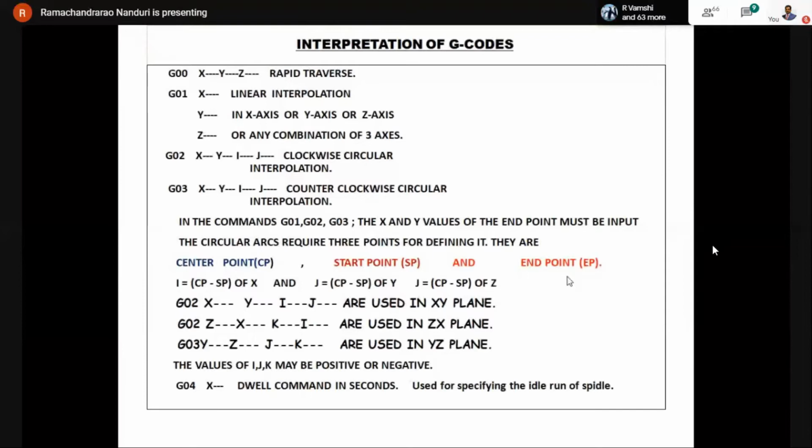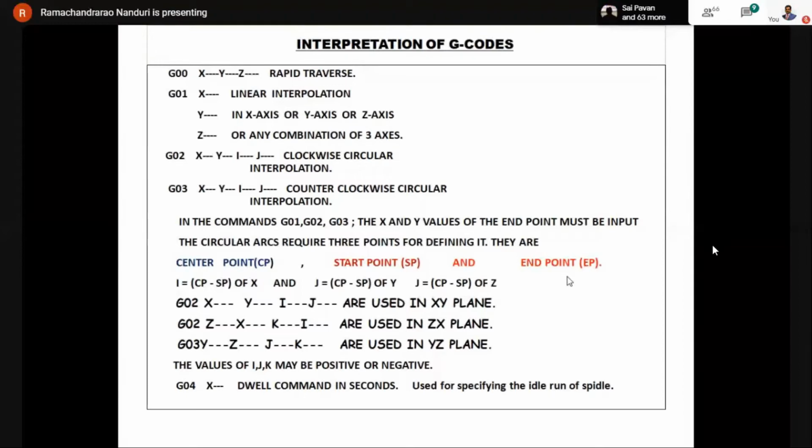So we give the code as G01, x100, y100, feed 40 or 50, whatever feed is appropriate. Here, whenever the G01 command is given, whenever a cutting action is executed, we have to specify the feed input. Otherwise, the machine goes in a rapid motion, and again the cutter or the workpiece will get damaged.